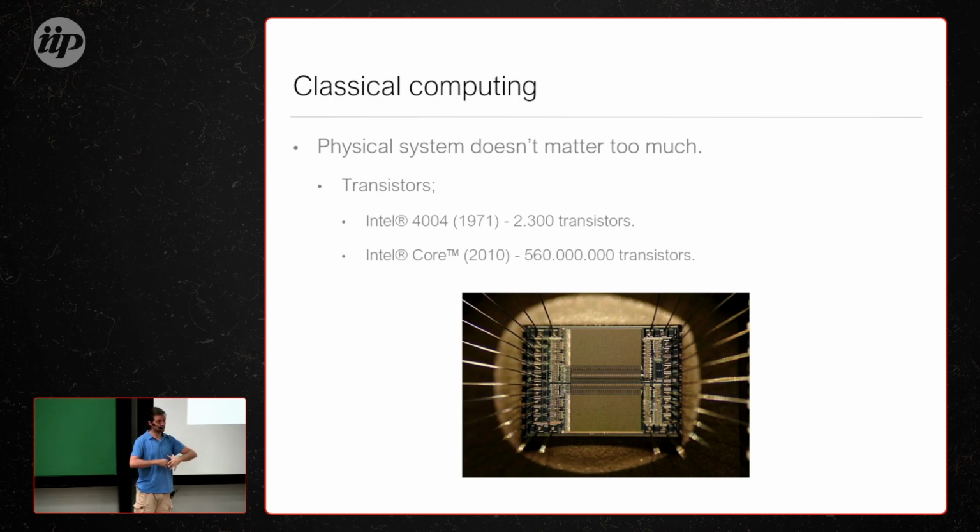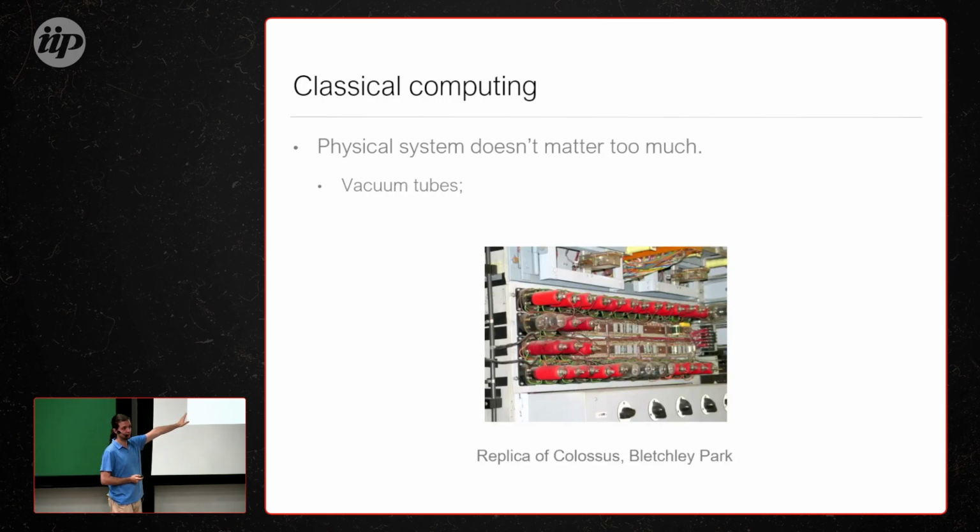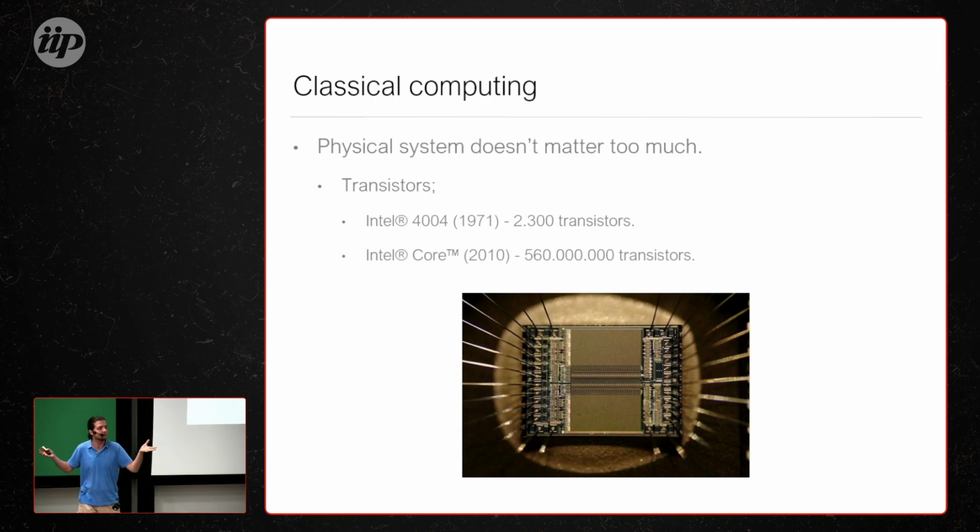And this led to this kind of race of miniaturization, right? So now, in the 70s, you could pack a few thousand transistors in a chip. In 2010, which is already a very outdated number, you could pack like 500 million transistors. But the fundamental model of computation, of what the computation is doing, is the same as the vacuum tubes. It's just that you would never be able to fit 1 trillion vacuum tubes in a chip this size, right? So it's a matter of difference in technology and feasibility, but not a difference in the foundational definition of the model of computation.